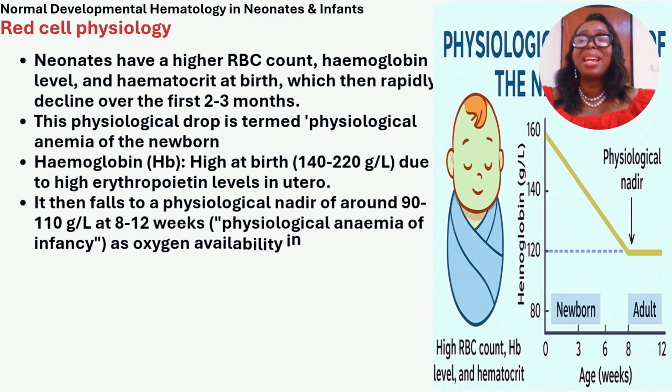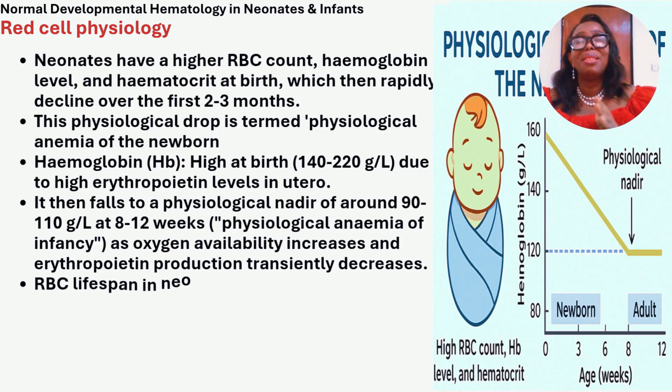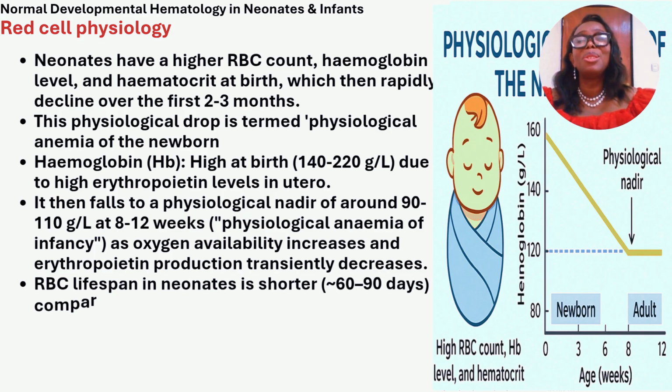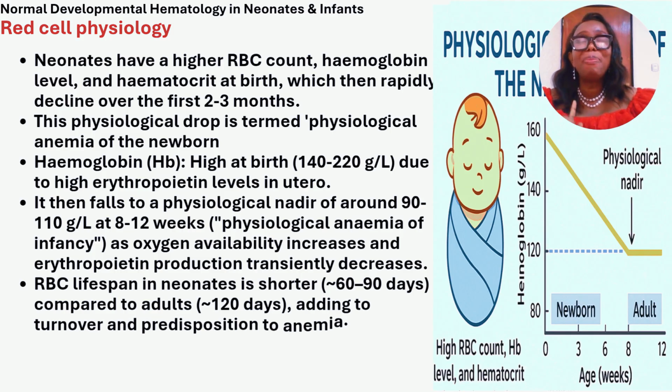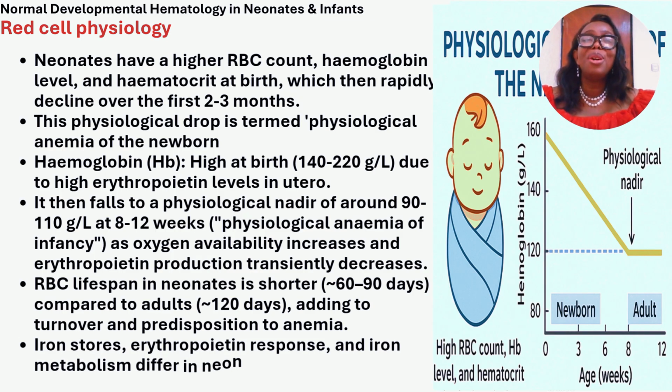The rapid decline of the red cell count, hemoglobin, and hematocrit after the first 2 to 3 months of birth is what is termed physiological anemia of the newborn. At birth, hemoglobin can be as high as 14 g/dL to 22 g/dL, and this is due to high erythropoietin level in the uterus. It then falls to between 9.0 g/dL to 11.0 g/dL at about 8 to 12 weeks